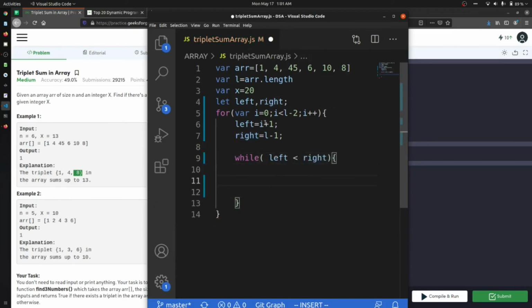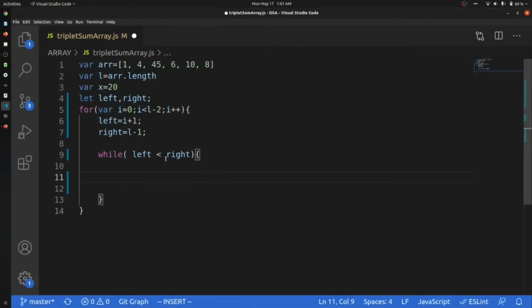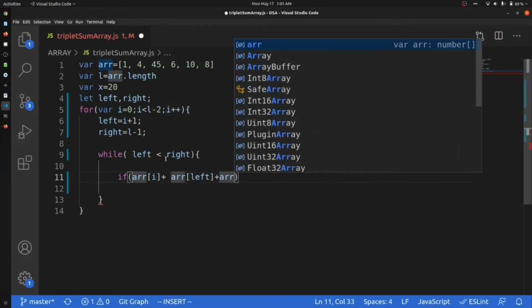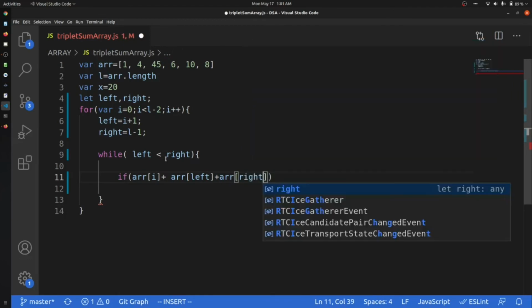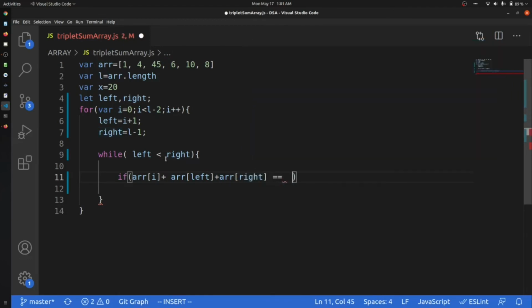Now I will check, let me just increase this size, if array at i plus array at left plus array at right sums up to x.